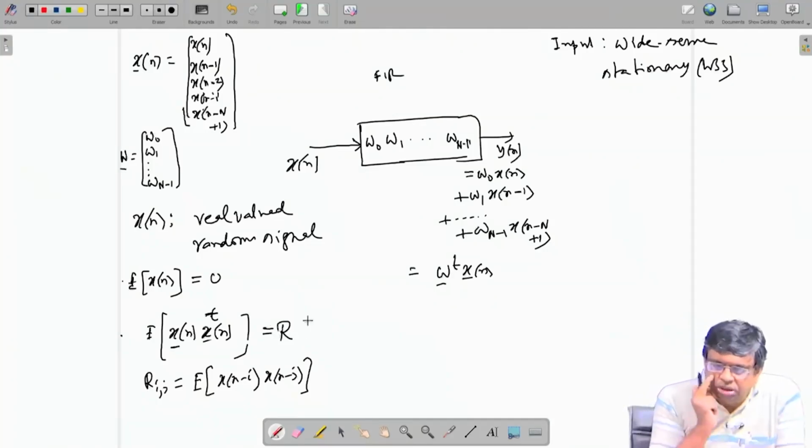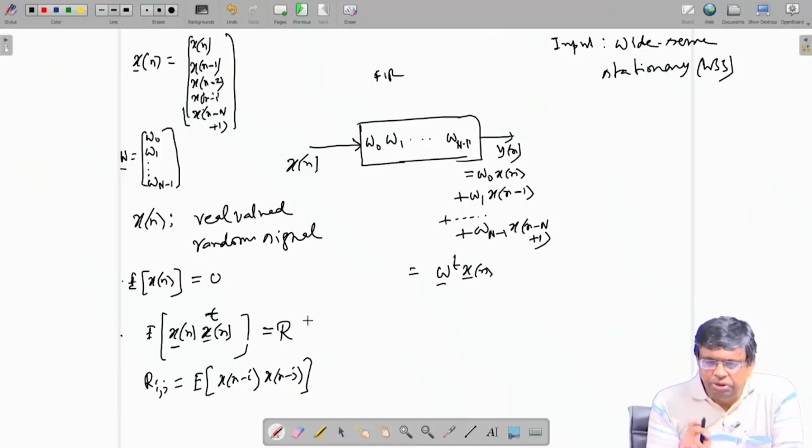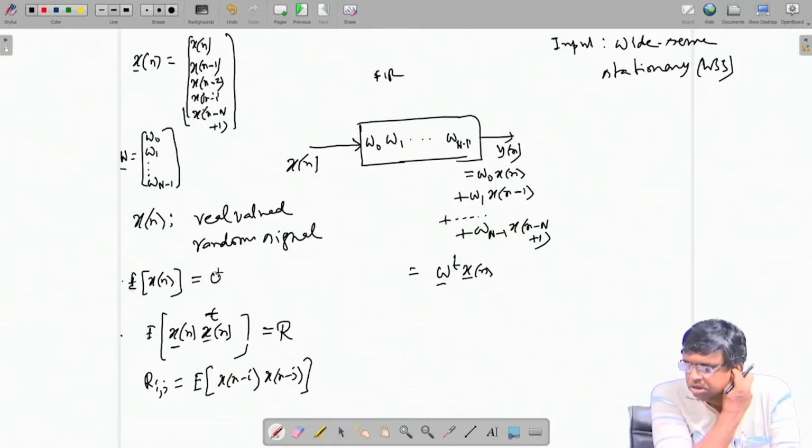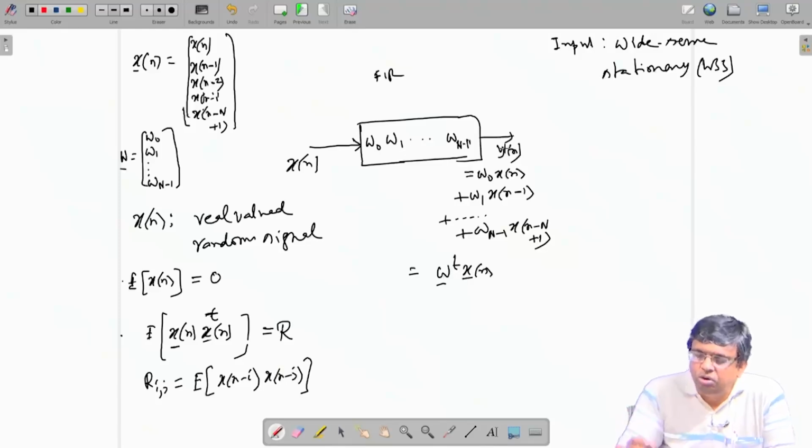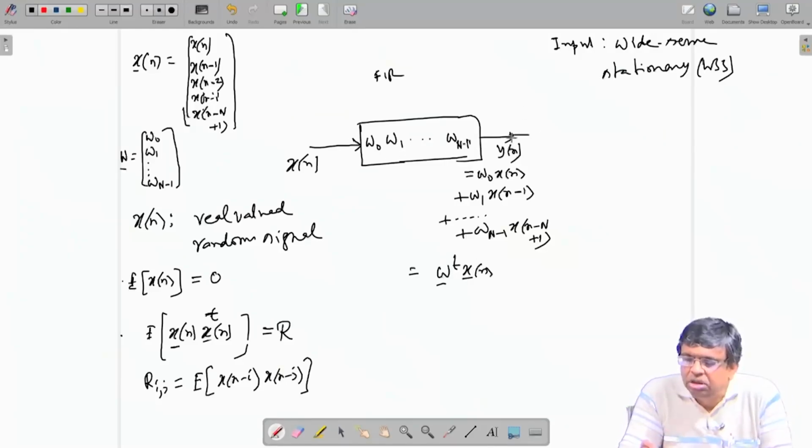So, under this assumption, R, which is the autocorrelation matrix, is independent of n, and mean also 0 for all samples. So, mean also does not depend on n, because whatever be the index n, mean is 0. This is what is given. You have to process it through some filter coefficients, FIR filter. So, that output you can write in this way. How to design the coefficients? This is our task. This should be a very good estimate of some another signal d n, which is sometimes